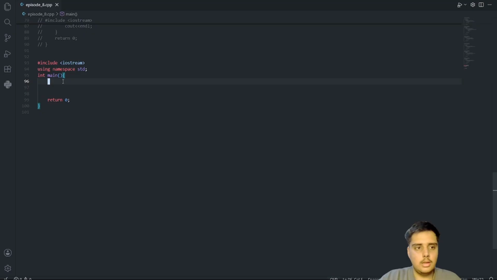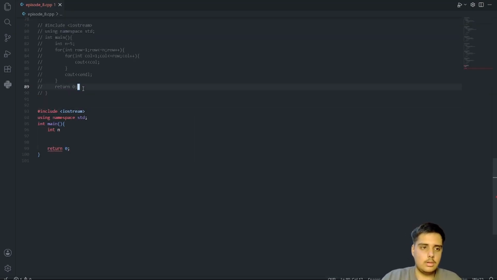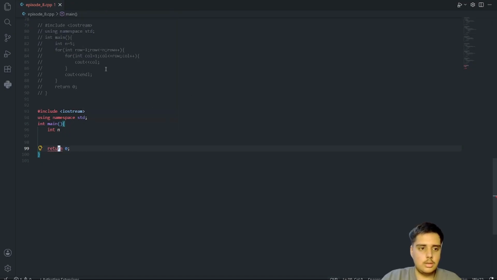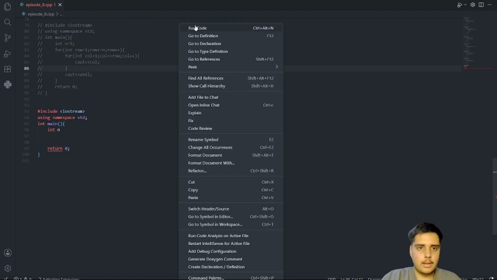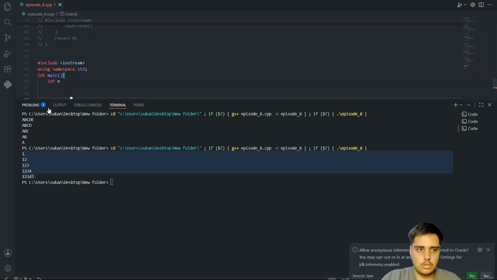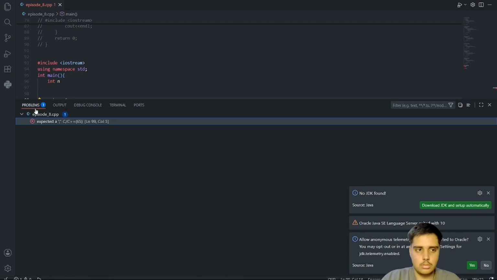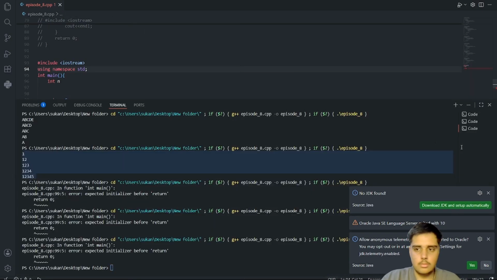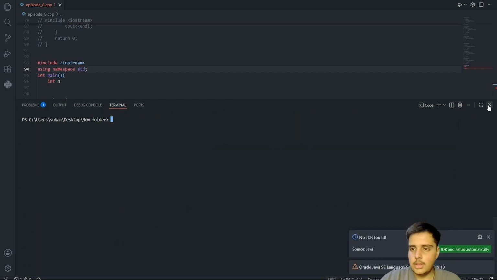So firstly, one second, I think it's a little thing. Let me run the code once and let it show an error. Let me remove the terminal.